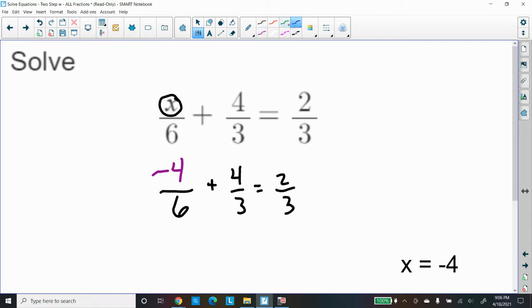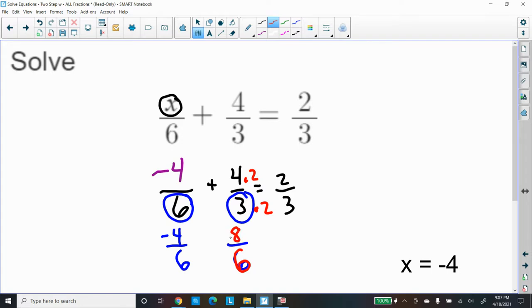All right. In order to add fractions, I still need a common denominator. My denominators are 6 and 3, so the lowest common denominator would be 6. So this is going to stay -4/6, but this has got to change to 6. How do I get that to change to 6? Well, I'll multiply the top by 2 and multiply the bottom number by 2. That'll give me the 6 on the bottom, and 4 times 2 will give me a new